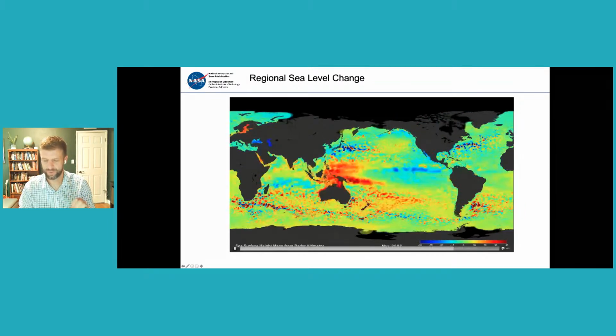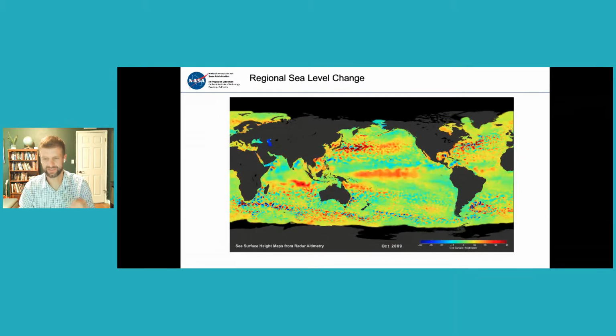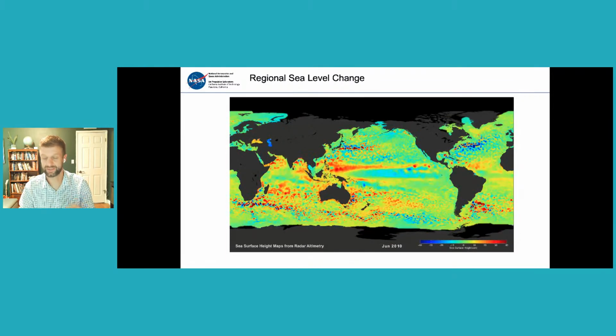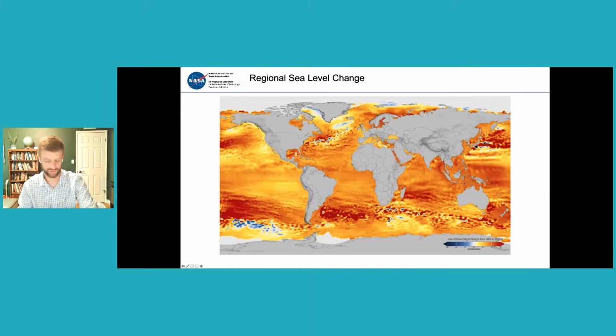So now at each of these points on this map, on this video, I can actually generate a time series with the altimetry, and I can estimate the rate of sea level rise at an individual location. And that's what this map is showing. So that color bar down there on the right is very difficult to see, I know, but it actually goes from negative 15 centimeters to 15 centimeters. So this is the amount of sea level change we've seen during the satellite altimetry record, from negative 15 centimeters to 15 centimeters. And again, this is from 1992 to present.